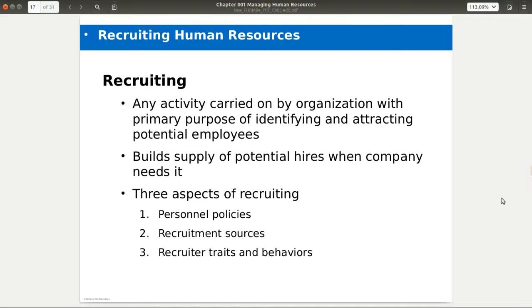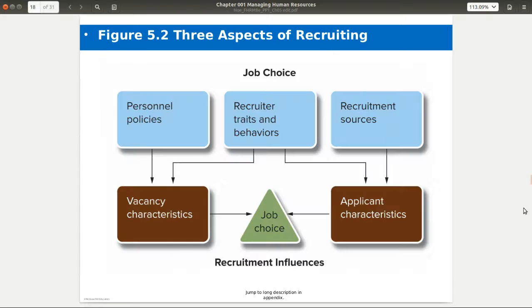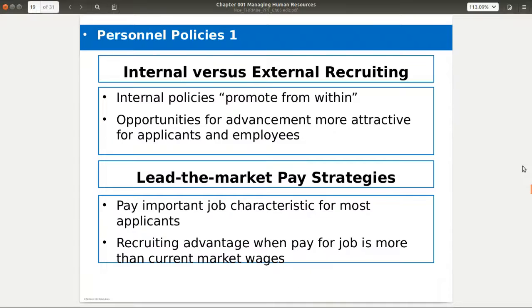When you start thinking about recruiting, the whole idea behind that is to find the right people, get the right people on the bus going forward. And when you think about recruiting, there are three key things to think about. What are your policies that will actually attract and keep people in your organization? What are your resources, as far as where are you looking for some of those folks and how are you looking for those folks? And then also, who is it that you have as your recruiters who are actually going out and finding those folks? So you have your personnel policies, your recruiters, and then also the sources, what it is that you're using to go find some of those people.